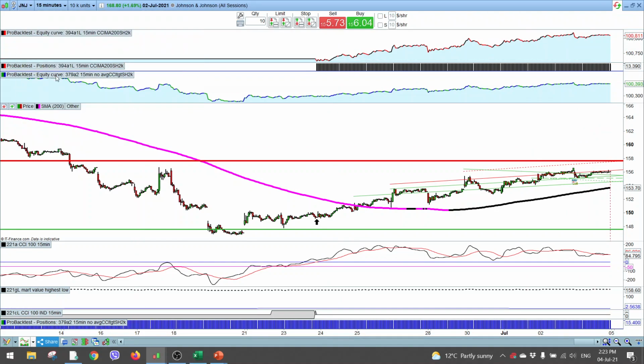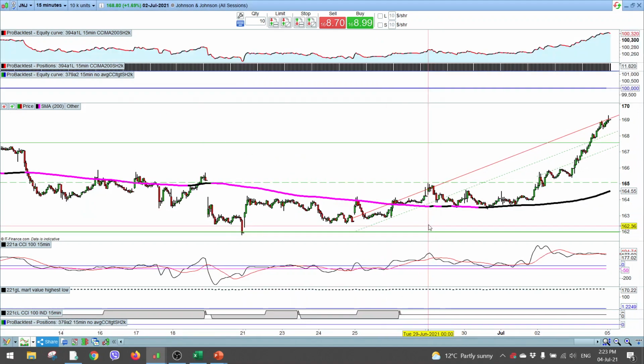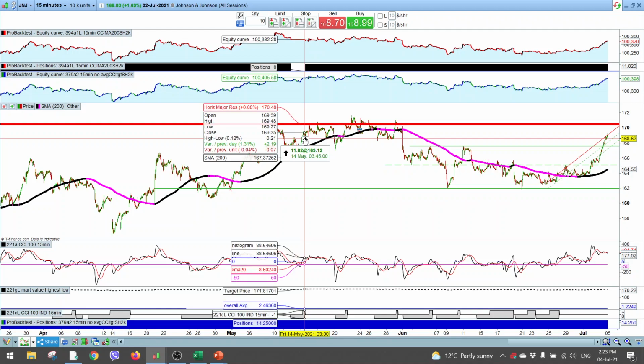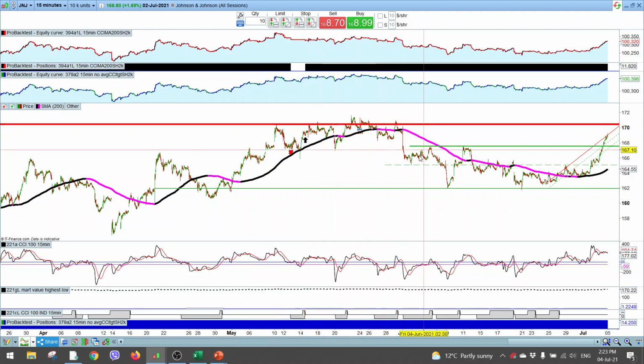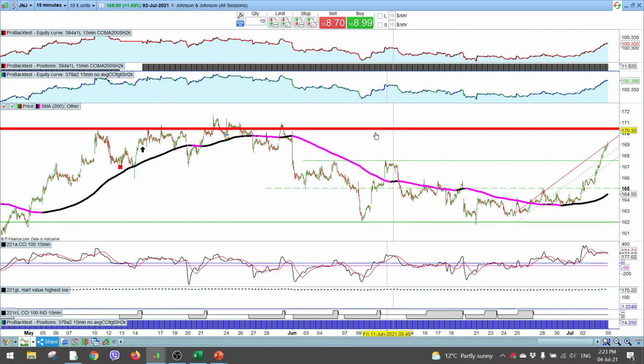Next, we look at Johnson & Johnson. Again, this was opened up back here on the 14th of May. It broke down below the MA200 initially. Had a bit of a downward motion there. But then this last week, it's gone quite nicely and broken well above the MA200. And it's reaching our potential